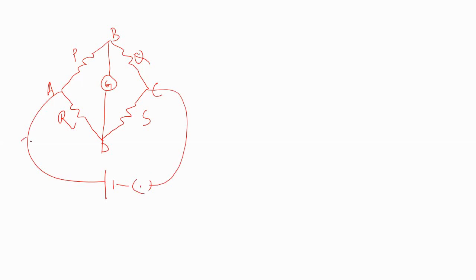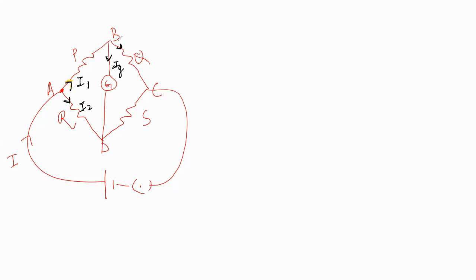So if current I is flowing in this branch, then when it reaches this A point, it will be divided into 2 parts. Suppose here it is I1, and for this branch AD, let this be I2. After reaching B point, suppose the current flowing in this branch is Ig. Then in this branch